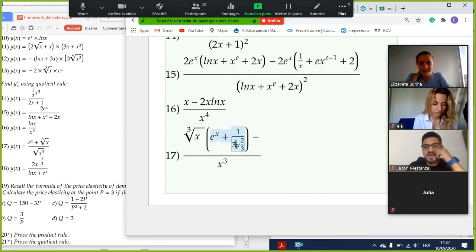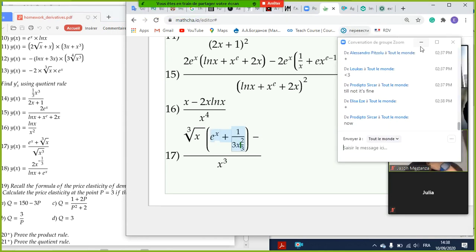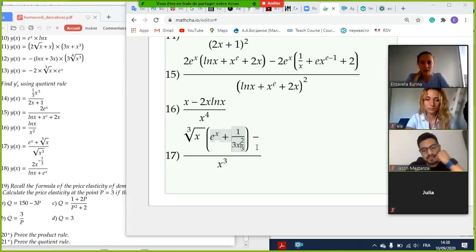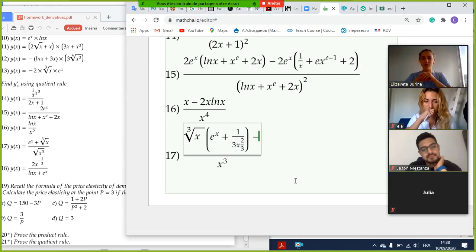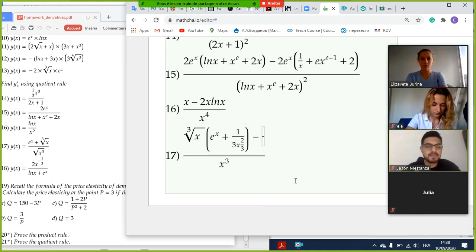Okay, so is this fine? Okay. Great. Now the derivative of the denominator. So the exponent was 3 over 2. Now that's what we're gonna write. 3 over 2 x to the power of,